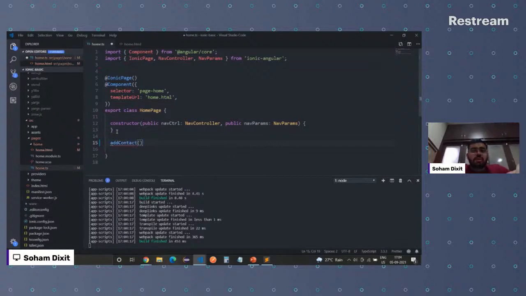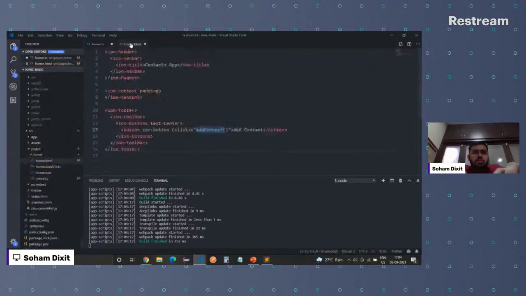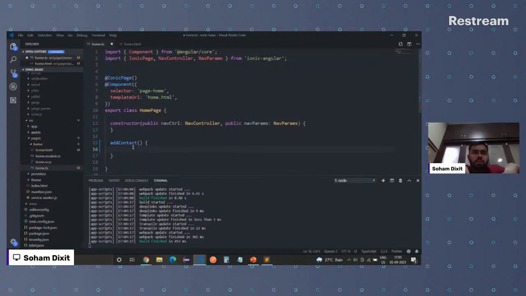Whatever I'm explaining right now is very basic. I want you to get an overall idea that it's not that difficult to build applications. You can build it if you have passion, and if it is something which is close to you. Now if I go over here, cool, we don't have that error anymore. It said unknown method addContact, but we have added that method now. So the addContact method exists.